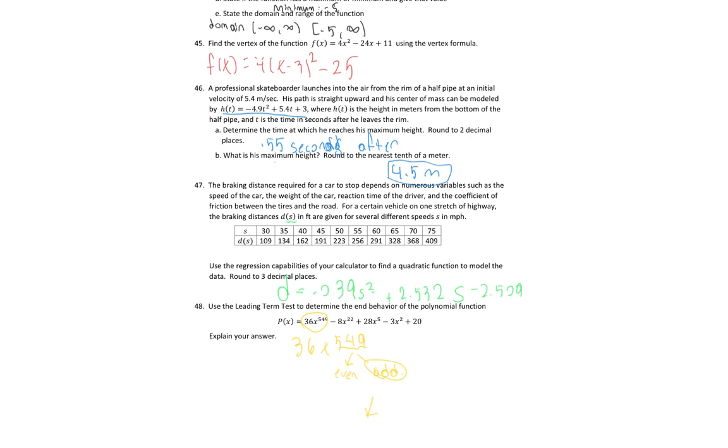So odds normally look like this, or they can also look like this in terms of our end behavior. Well, we can determine which one it is basically by looking at the coefficient and saying, is that positive or negative? Well, that's positive, so that means it's going to be the normal one. You can also say like right up, left down. But generally, you want to say that because the degree is odd and our coefficient is positive, the right side is going to go up, the left side is going to go